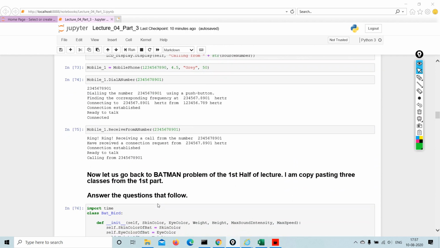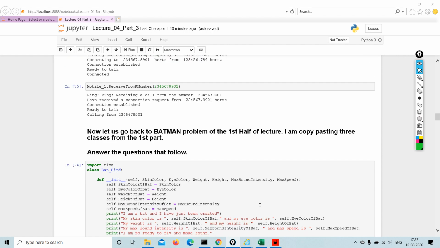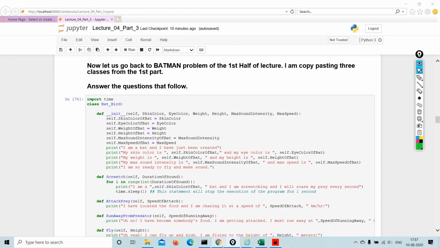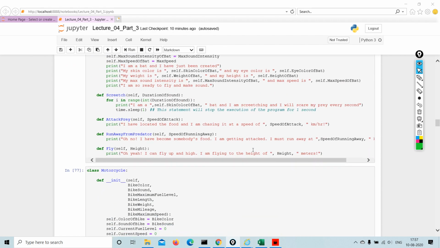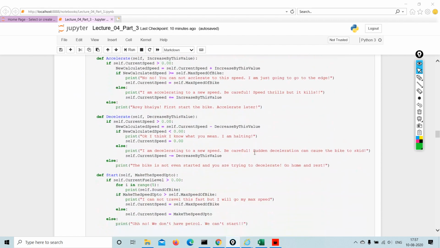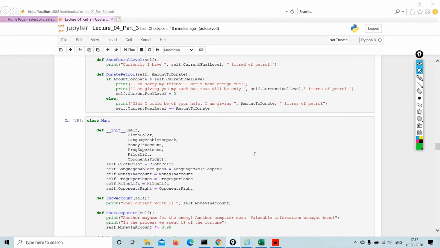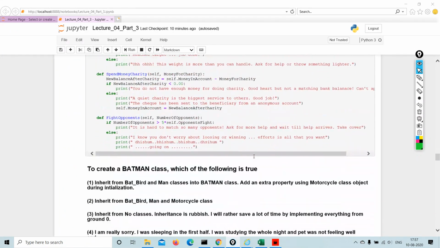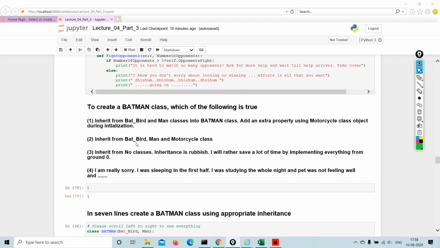Now if we have understood the concept of inheritance and multiple inheritance, we are going to go back to the Batman problem from the first half of the lecture. I'm copy pasting 3 classes from the first part. So we are going to import time, then class bad bird, and we have already done this, so I'm not going to get into the details. I have the motorcycle class. If you remember, we have done all this. We have the man. So what we are going to do is,